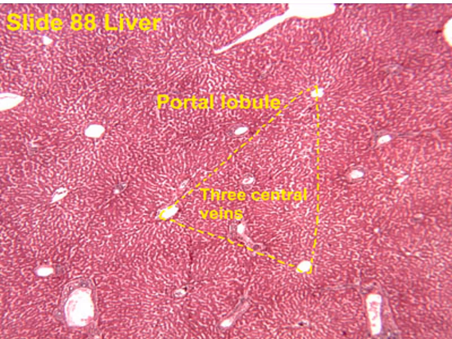So this is the histological section, and you can see here the portal lobule consists of a central part which contains the hepatic lobule and the 3 central veins at the corners. So the hepatocytes lying in these adjacent areas drain their bile into the bile ductule present in the portal tract.